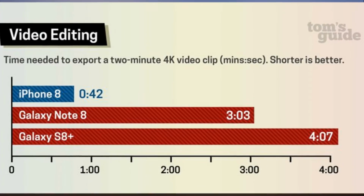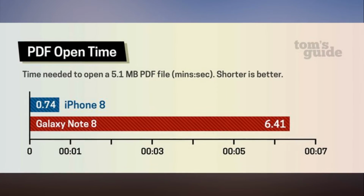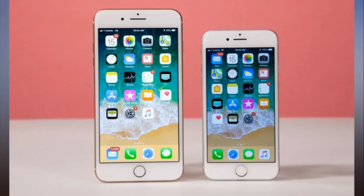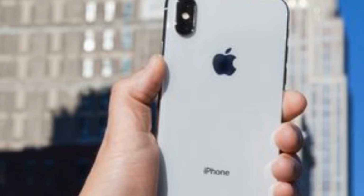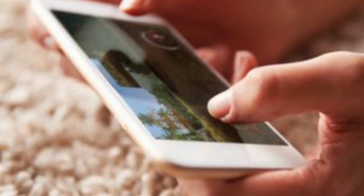Next up is 3DMark, which gauges graphics performance. The iPhone 8 scored an off-the-charts 62,212, and the iPhone 8 Plus managed an even higher 64,412. Compare that to the Note 8's 39,834 and the OnePlus 5's 39,576. If you're wondering how all this translates to real-world performance, we have more good news for iPhone 8 shoppers,